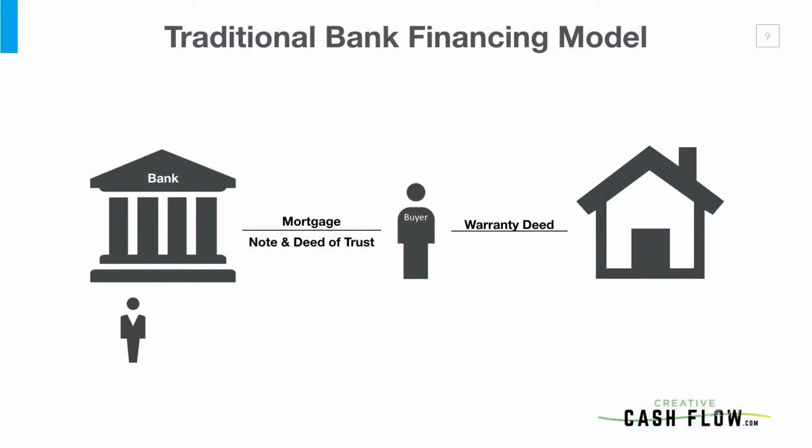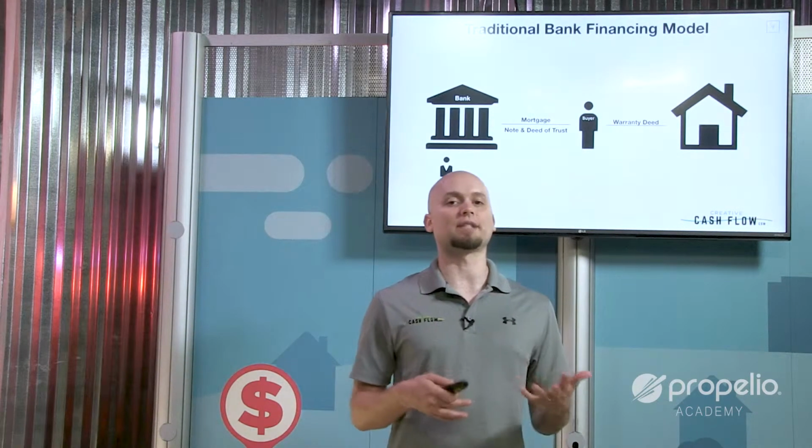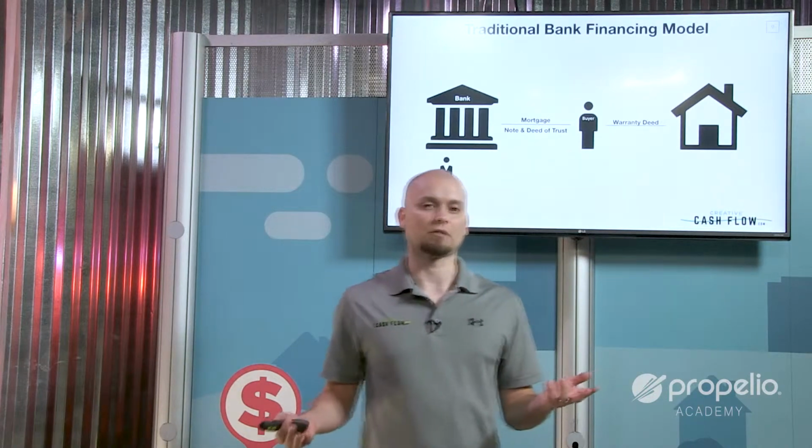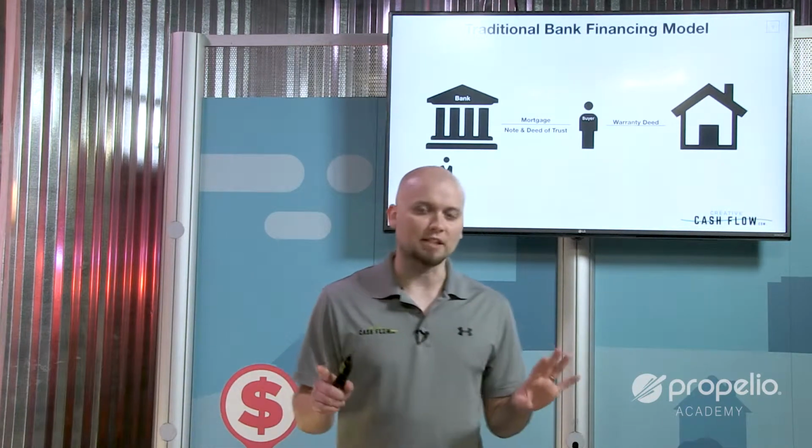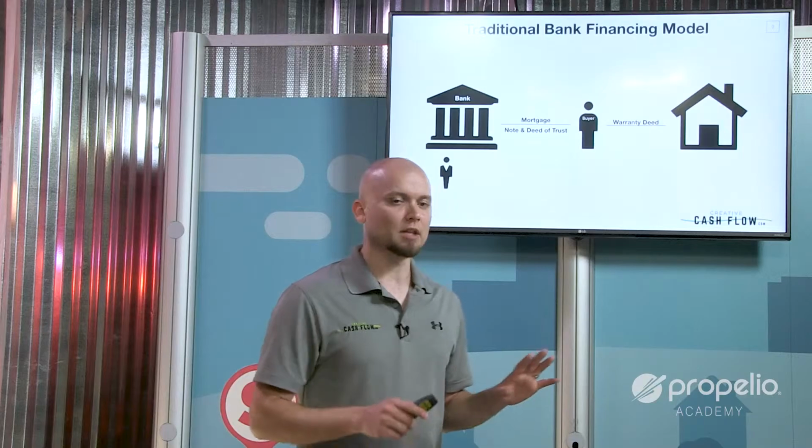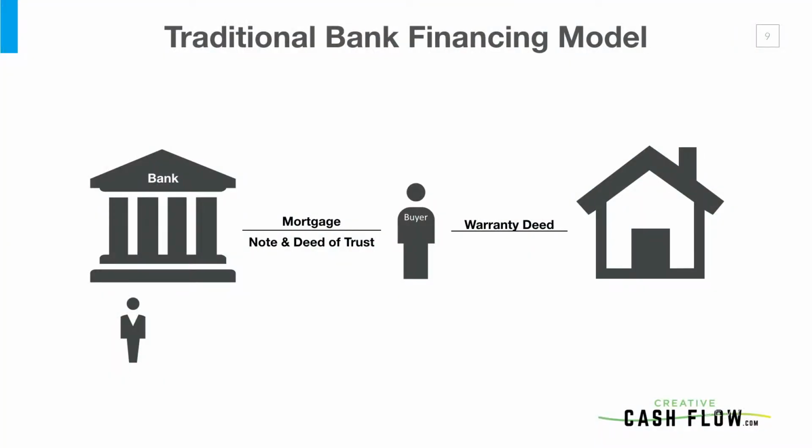We have a warranty deed that gives ownership of the property. And then there's the mortgage that says who has the debt on the property, and that's done through the note and deed of trust. So many times, we traditionally feel like, well, whoever owns the house owns the debt, right? But it's different documents that do each of these. And that's exactly what subject to is doing: we're splitting out the fact that the warranty deed says ownership and the deed of trust and note is who has the mortgage. We're leaving the note and deed of trust in place,